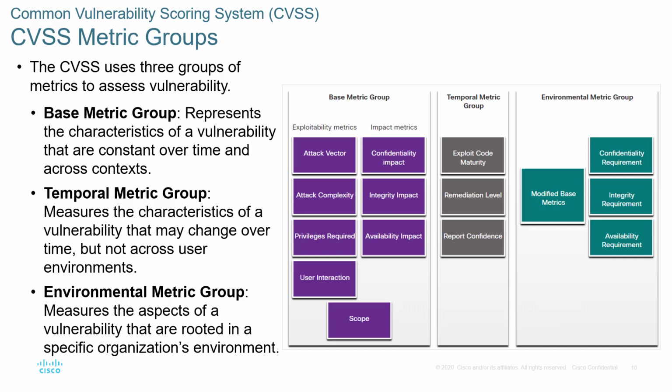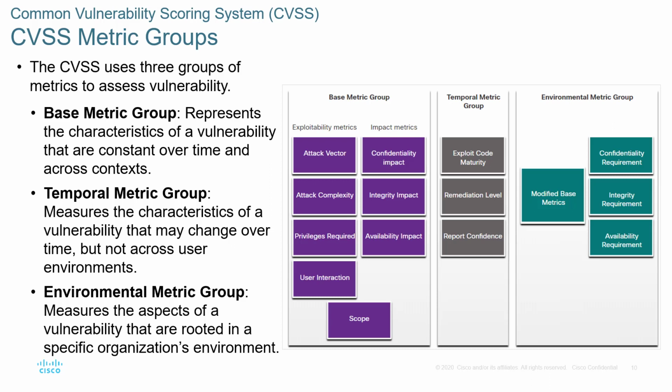Attack vectors, integrity or confidentiality or availability impacts, CIA impacts, user interactions, privilege, or the complexity of attacks. The temporal group measures the characteristics of a vulnerability that have the ability to change over time, but not across the user environment. Code, remediation, confidence levels of